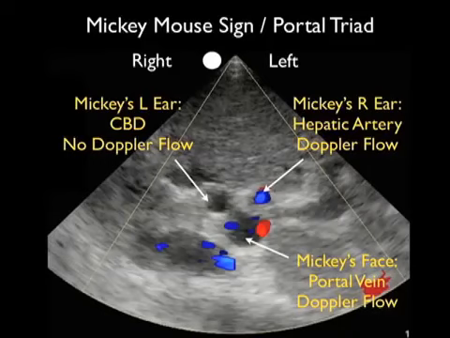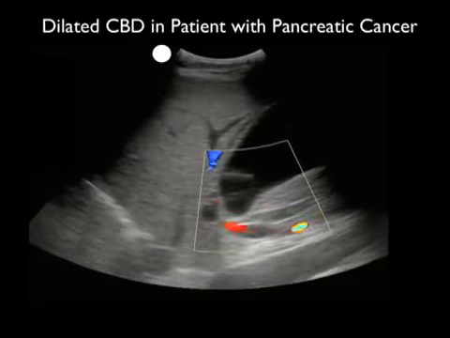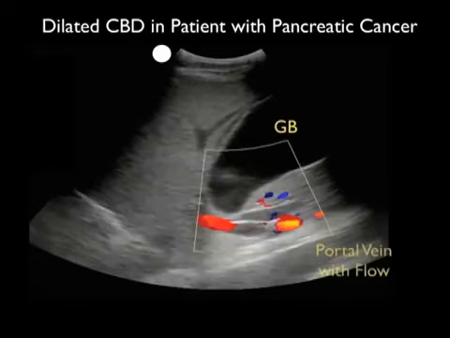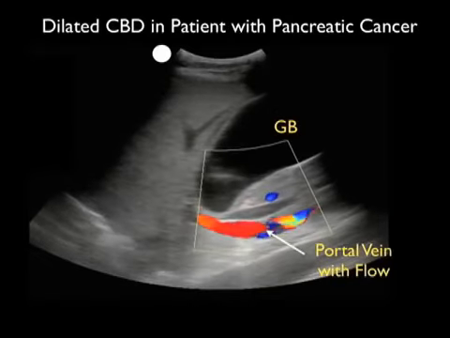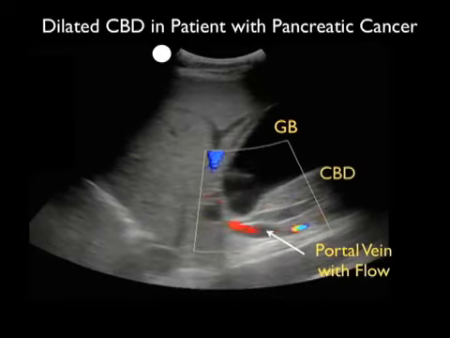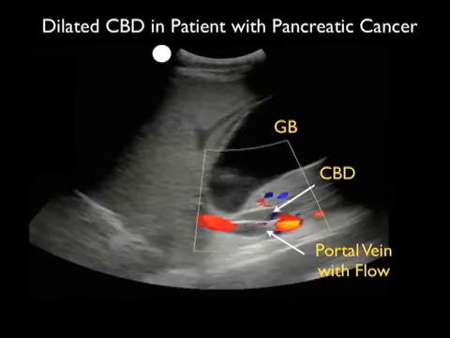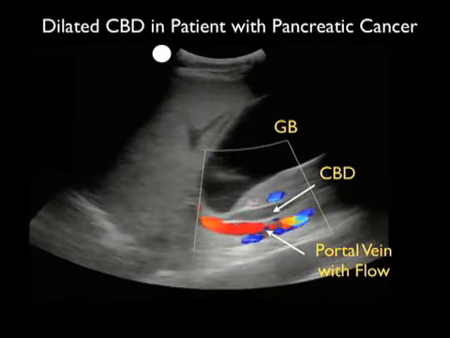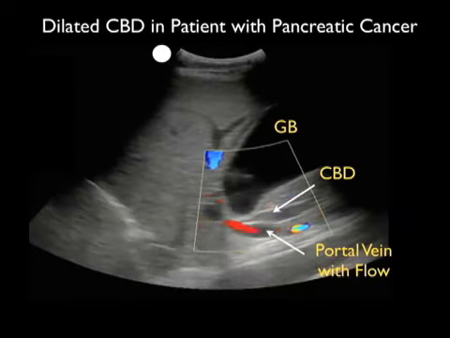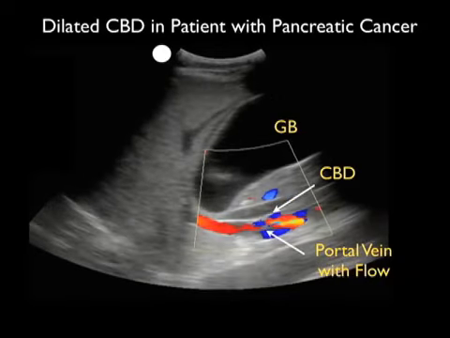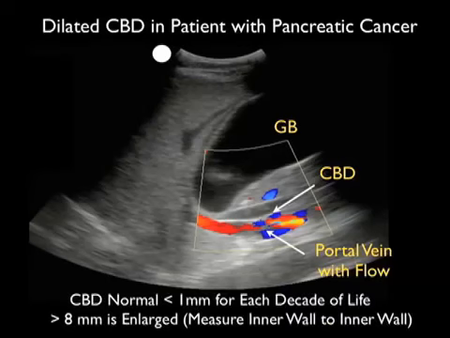the common bile duct. In this video clip, we can appreciate the common bile duct and portal vein in more of a long axis configuration. We've turned the probe so now the probe marker is over towards the patient's right shoulder, and we see the gallbladder towards the top of the image, and notice here we see two parallel channels towards the bottom aspect of the image here. Notice the portal vein with Doppler flow, and on top of the portal vein we can appreciate the common bile duct. As the common bile duct enlarges with obstruction, it will become as large or larger than